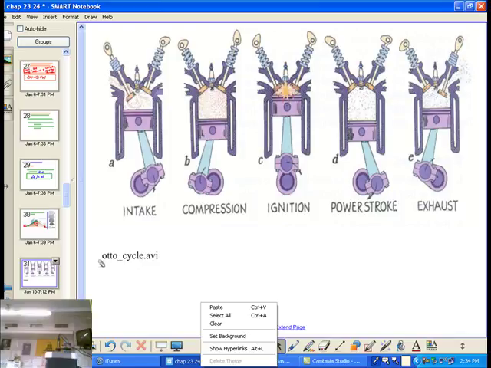Alright, so, four-stroke engine. For ignition, I know there are 5 things. You say, well, there are 5 pictures there. How can you call it a four-stroke engine? Ignition is not one of those. You can make an argument that ignition is part of compression or ignition is part of the power stroke. Basically what ignition does, and if we look at the Otto cycle, the graph of it, it actually belongs over here because when I ignite the gasoline,